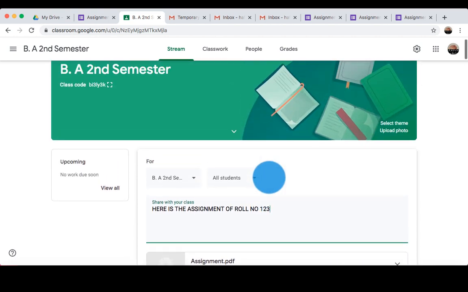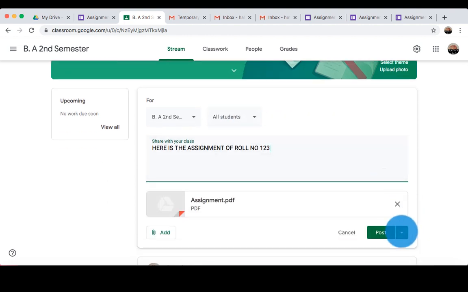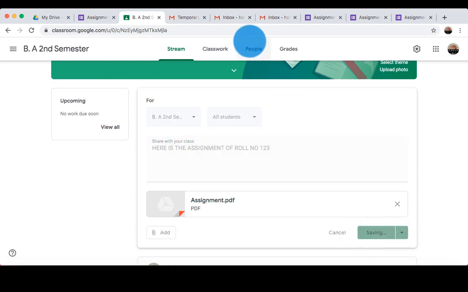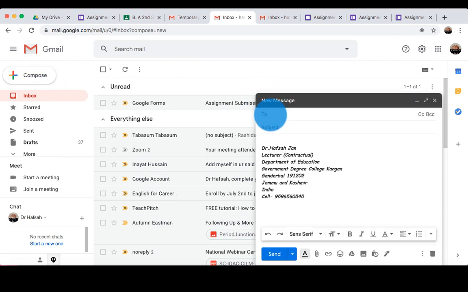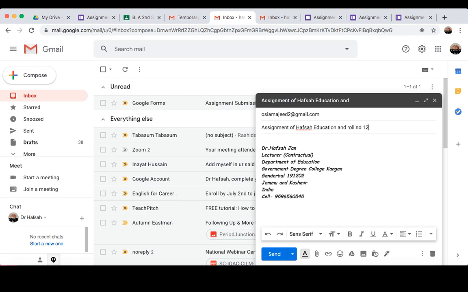Okay, and next we have how to send the assignment via mail. This is my mail ID. I'm going to compose the mail, and here I'm giving the mail ID of my teacher. Suppose my teacher is this, and in the subject I will write assignment of Hafsa, education and roll number 123.